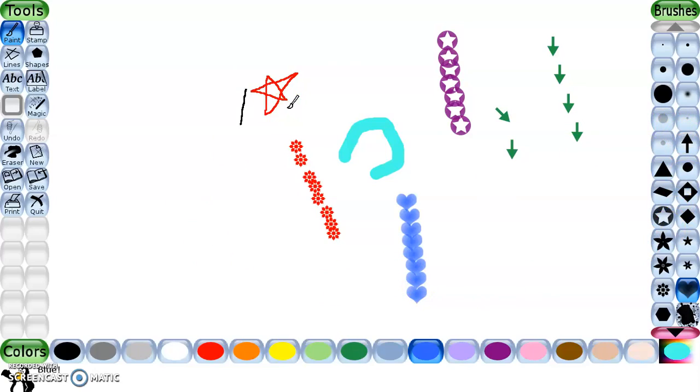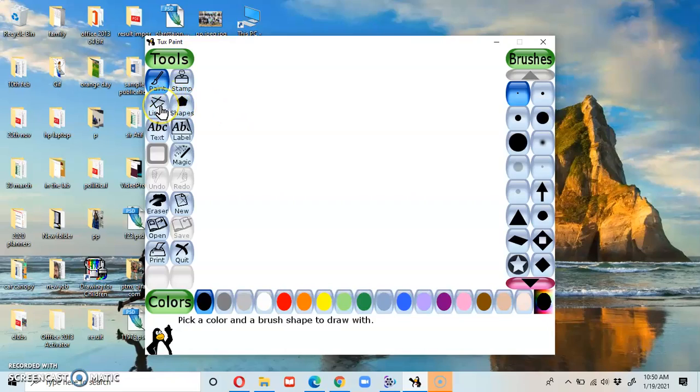The second tool is lines. The line tool lets you draw straight lines. Select the line tool. Click a color in the color palette. Select the thickness of the line from the menu on the right. From here you can select the thickness.